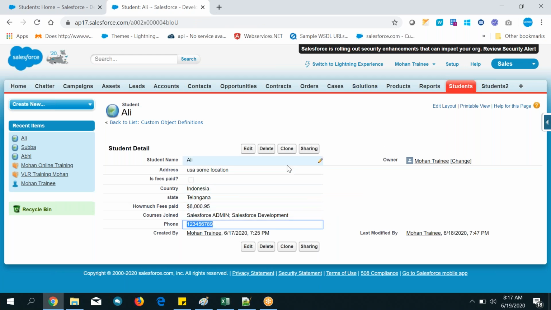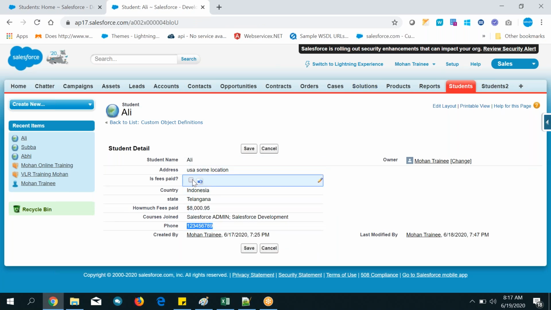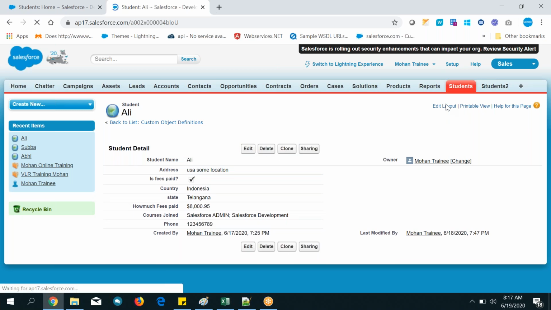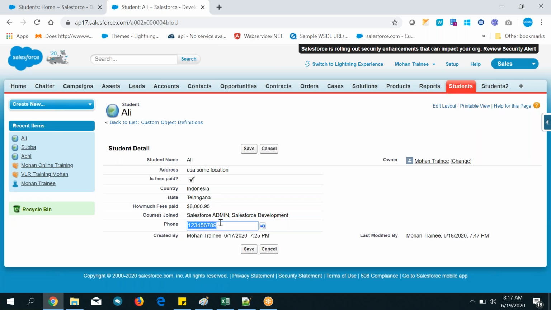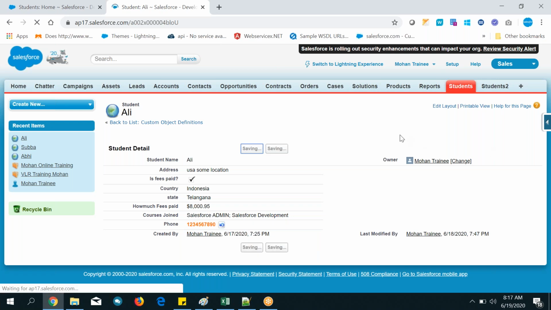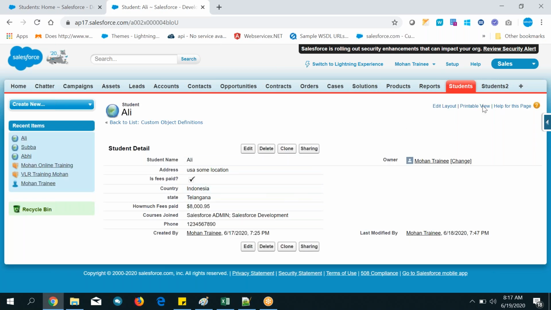Okay, one student record, his fees paid, select and save it. Okay, that's how phone number. If you give a proper format, it will display sometimes, right, proper format. Okay, now it is not displaying. Sometimes it will display proper format if you give a proper phone number, because the data type is phone number. Next,